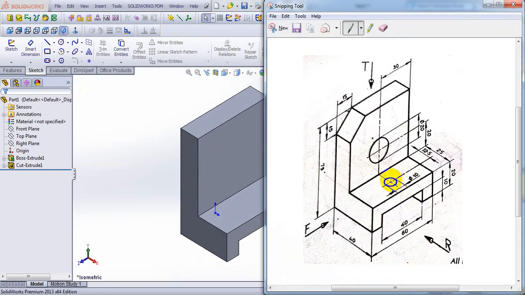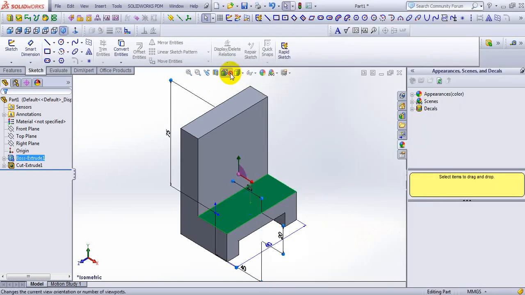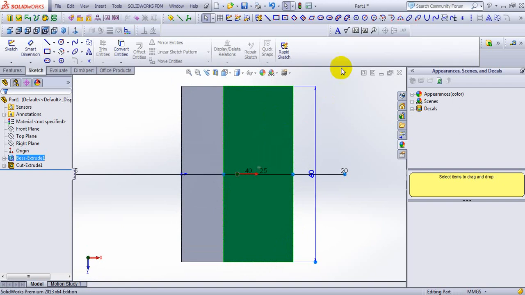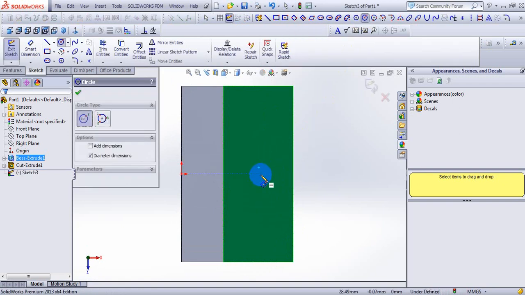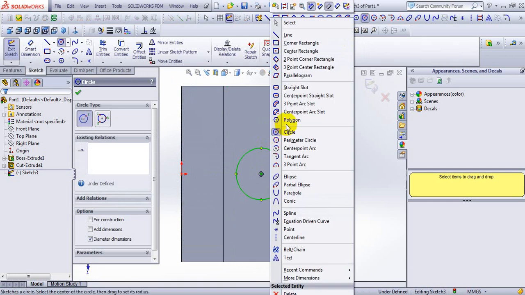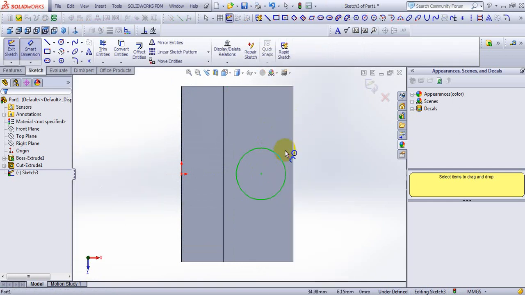We have two circles here of different dimensions on different faces. This is on the top face, this is on the right face. Select top face and draw one circle. Select circle, draw one circle, make dimension.